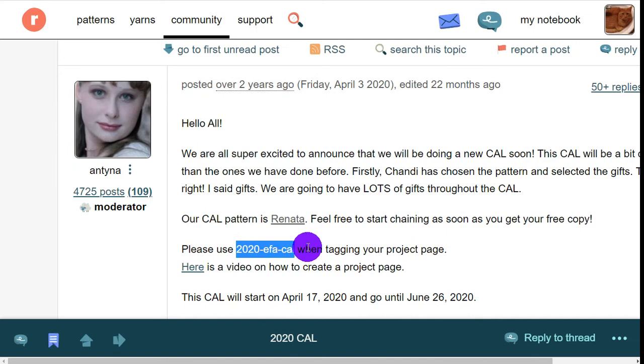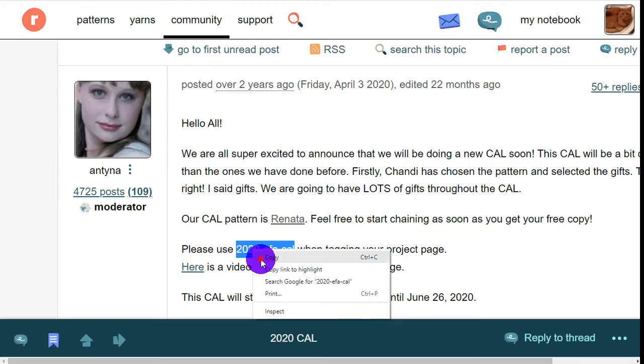Select and copy the entire tag. The tag will usually include EFA, the year, and either CAL for Crochet Along or KAL for Knit Along, but it also may have more information. Once you've selected the entire tag, copy it,